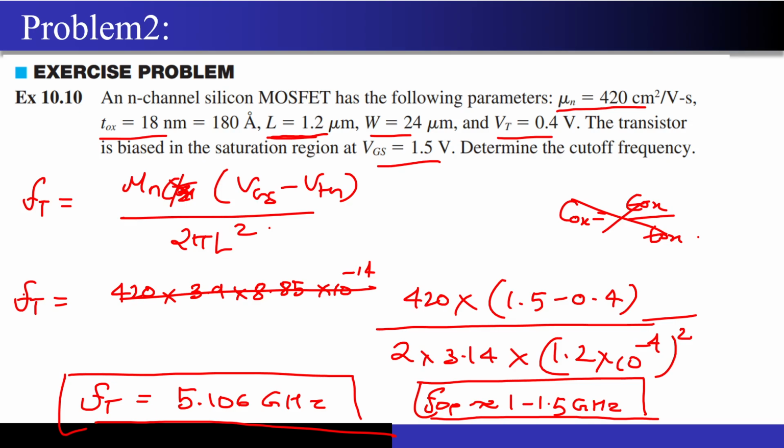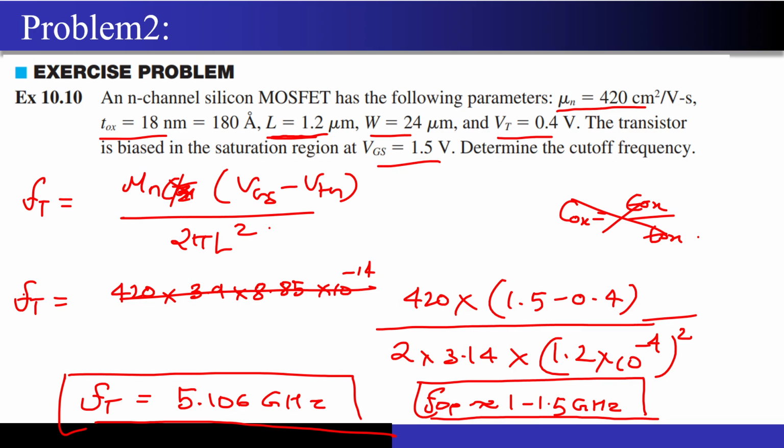As I said, today's lecture was more about relating the concept of scaling to what happens in the case of the processor, as well as the latest trends, that is ChatGPT and all. Also introducing the concept of fT, the cutoff frequency, with respect to channel scaling, and relating it to practical applications like automotive radar, as well as how RF designers choose their technology node for designing circuits at different frequency bands. So this was the last slide for today, guys.